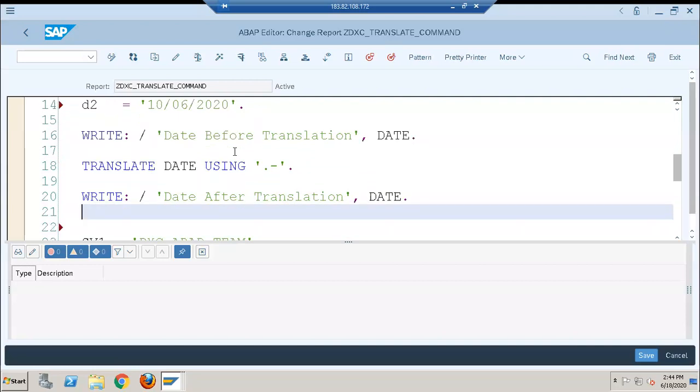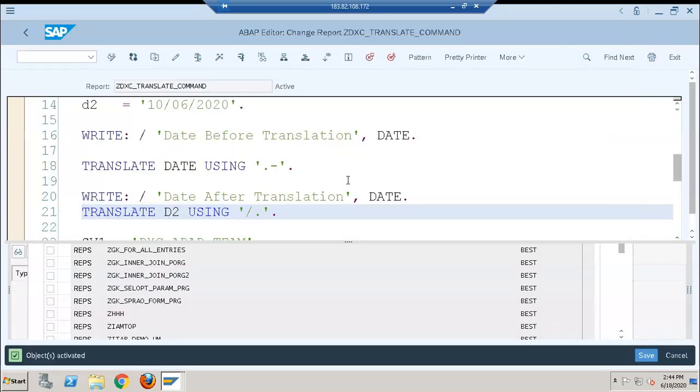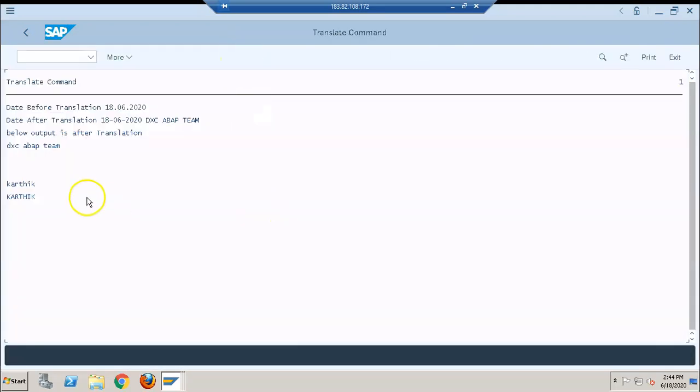So what I'll do is translate D2 using slash, we need to change it with, say, dot. Slash you want to change to dot. So first you have to write what is existing and what you want to change it with. So just syntax check, activate, execute. So we'll get this. Okay, I didn't write the write statement for D2.